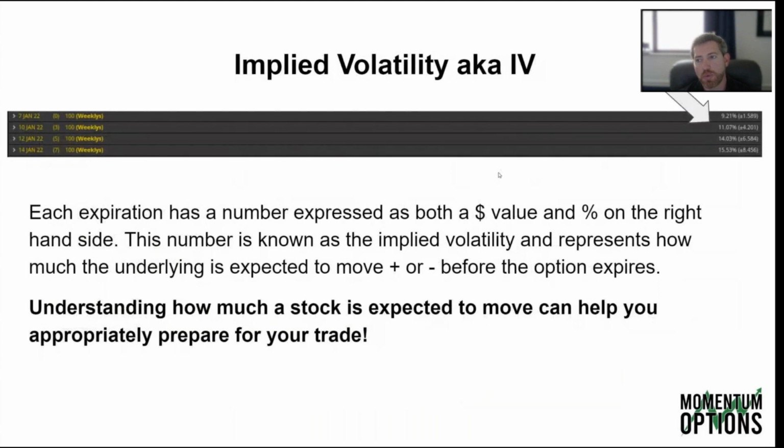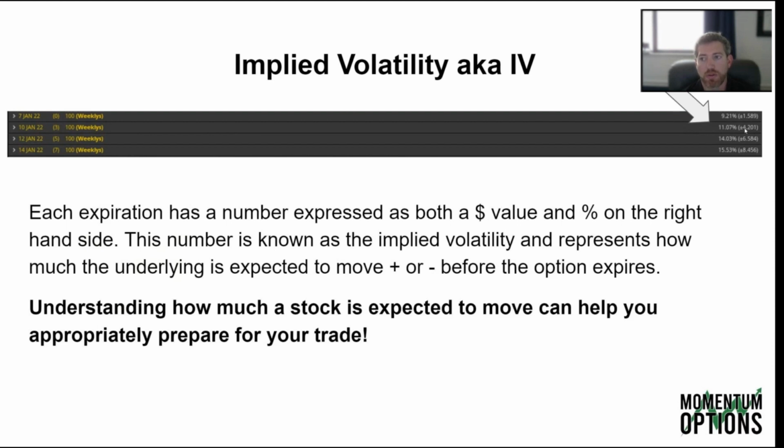So here is where we can see implied volatility in the option chain. I just have some different expirations here. There's all weeklies, all really near-term options, and we can see represented as both a percentage and as a dollar value that is plus or minus. So on this one, January 10, 2022, within the next 3 days of taking this picture, price on this